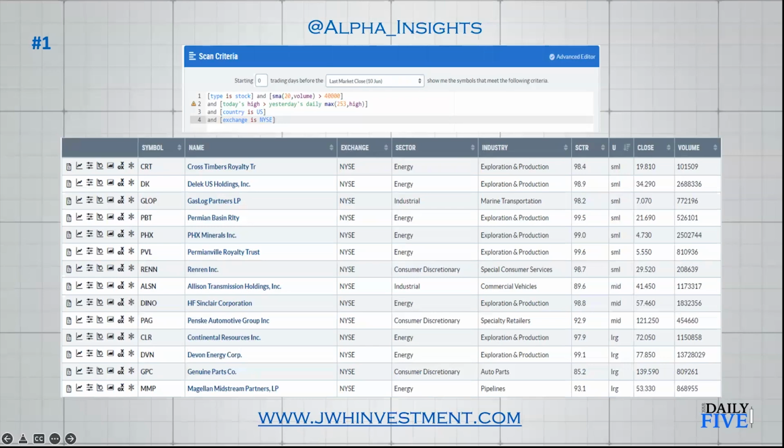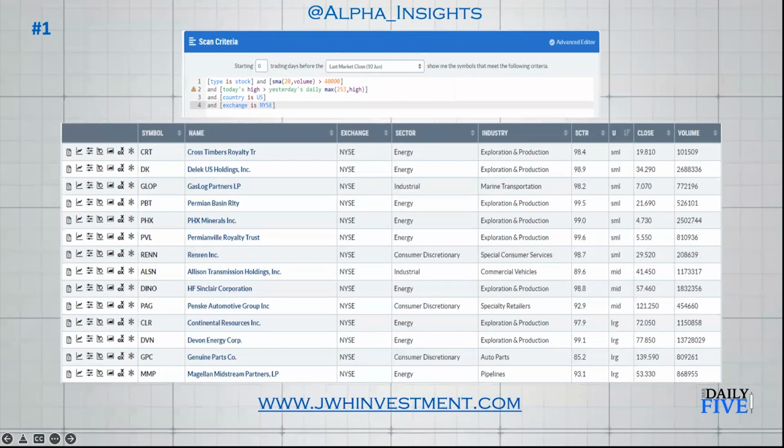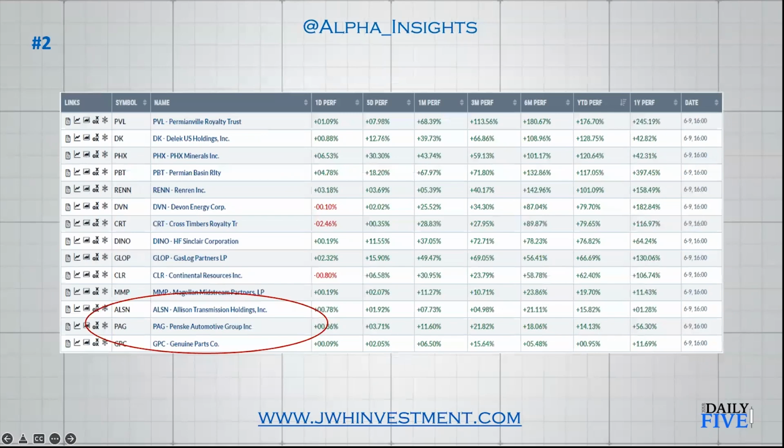And so for chart 2, we're going to do a little bit more analysis on this universe. We're going to take a deeper dive look at relative performance. And relative performance is another way of describing relative strength. We want to look at those stocks that are the best performing, that are the strongest. And one way to do that is to look at performance over a variety of different periods. And so here we can rank these stocks based on